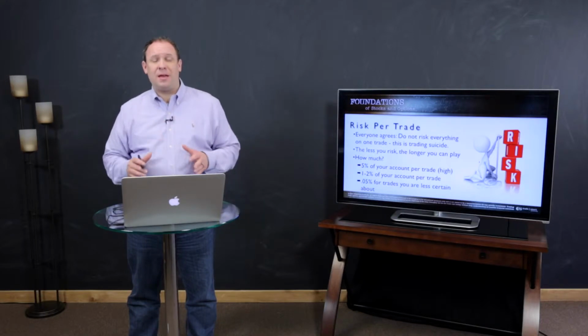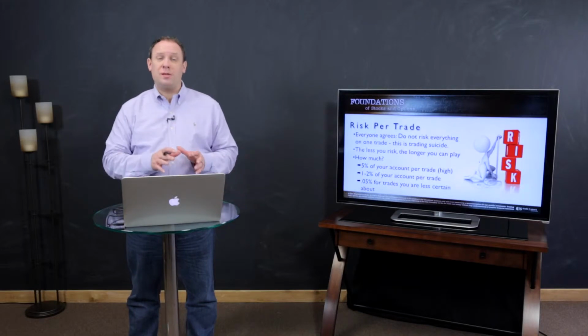Say I've got a $5,000 account. The most drawdown I can get on this is $250, so that's the most risk I'm willing to take. If you had a $5,000 account, maybe you buy a $5 option, which would cost you $500, but maybe your stop is at 50%. That would be 5% of your overall account. So 5% of your overall account is the most drawdown that you want.